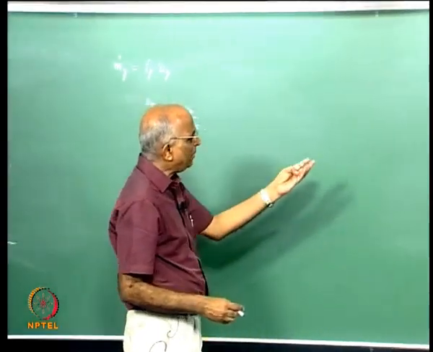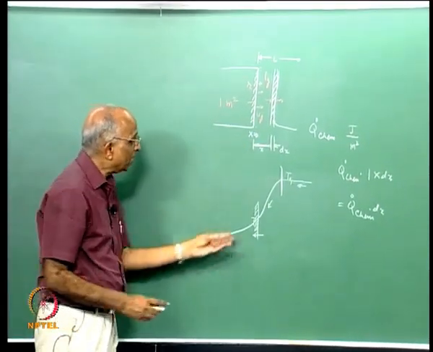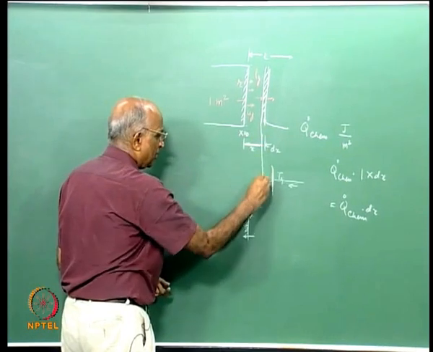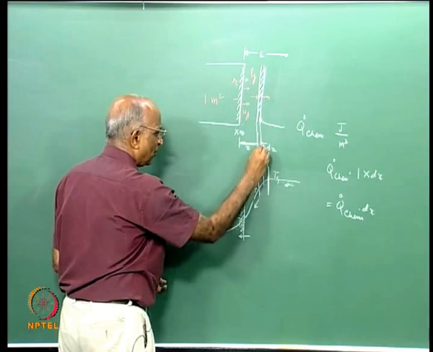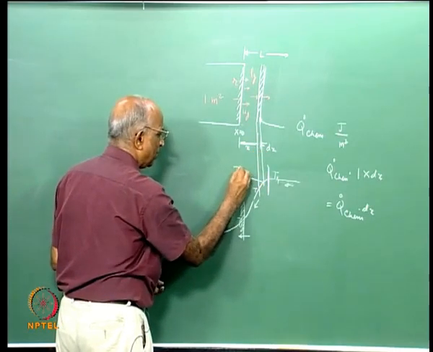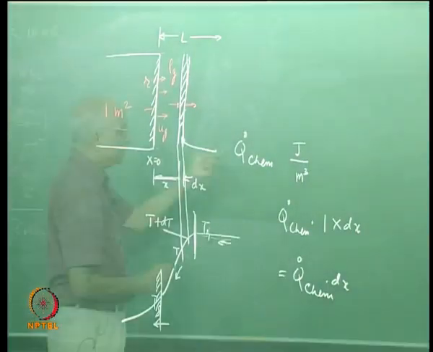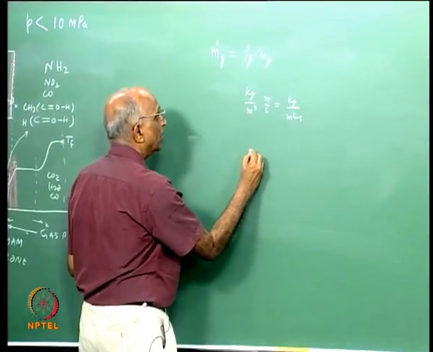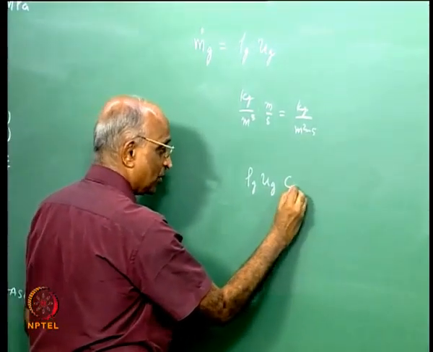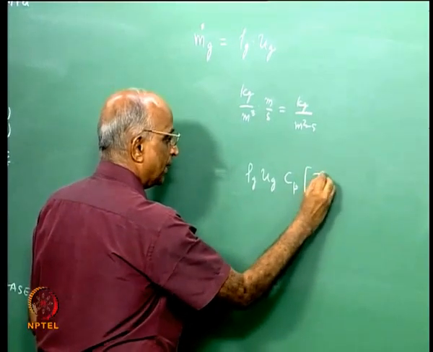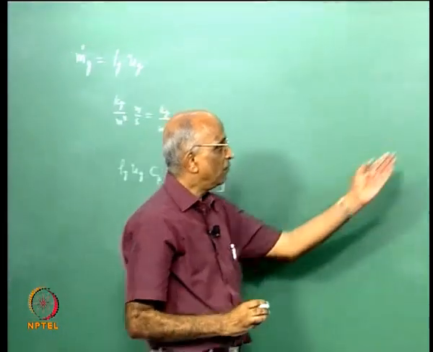And what is the enthalpy that is getting gained as it moves through? The gas is moving, let us say this particular temperature here is T, the temperature here at the next instant of time at x plus dx is equal to T plus dT, because there is a small increase in temperature, and therefore the increase in enthalpy of the gases is going to be rho g into ug into specific heat, let us say constant pressure, into the exit is T plus dT minus temperature,